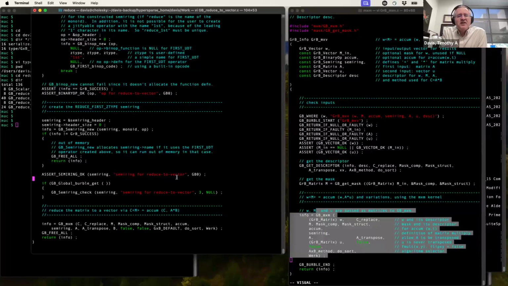And now think about the level of effort it takes to write a matrix vector multiply. This is at the same level of difficulty. Now think computationally, writing an algorithm to do these two things, reduce to vector on one hand, matrix vector multiply on the other hand. They're just as hard, just as rich in terms of computational optimizations and parallelism and all that. And if this needs the monoid with the identity value to make it go fast,